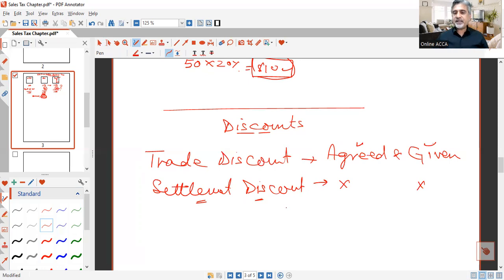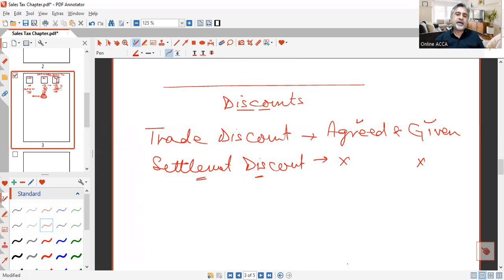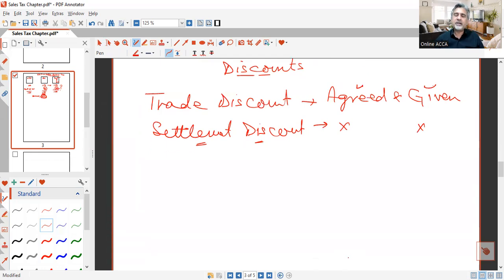Settlement discount is what happens many times with customers. Companies sell goods to their customers with the condition that if you pay us within a certain period of time, we will give you 5%, 2%, 3% additional discount. It is sometimes written as,